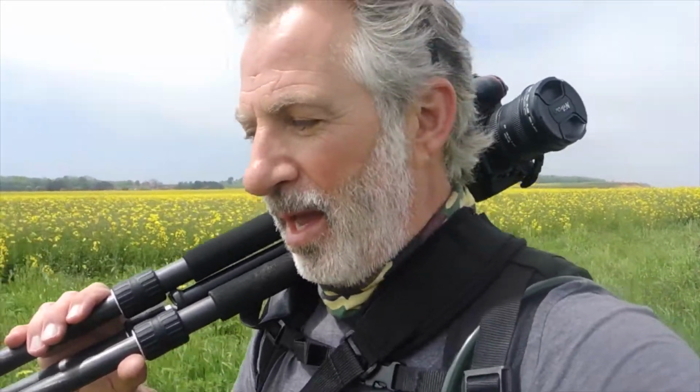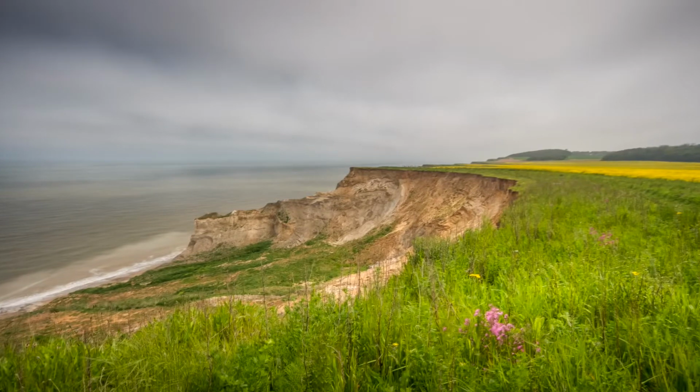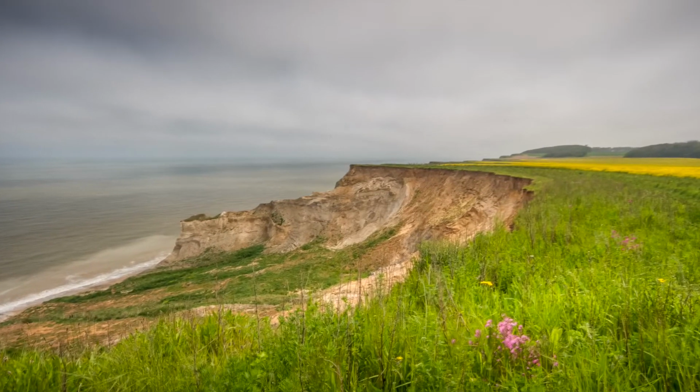So I've got the camera out now because I'm walking on the cliff tops here with this mustard seed field and the flowers, and I'm looking for angles to get the mustard seed fields coming right up to the edge of the cliffs as they do, and then shooting the cliffs with dramatic light on them. And as I'm walking here,